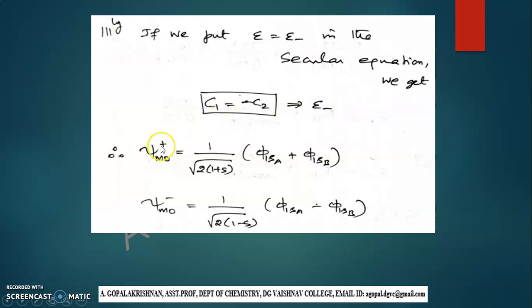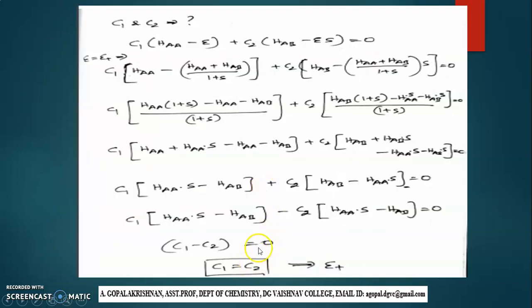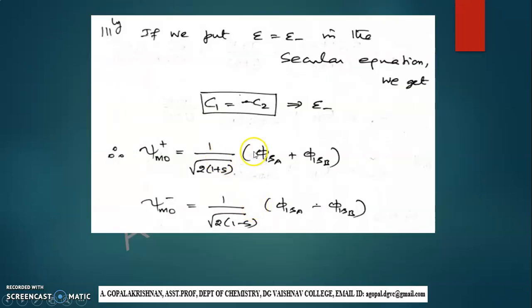Now we can write the expression for the wave function for psi plus state and minus state. So psi plus equal to, since C1 and C2 are equal, you have to put C1 here as well as C1 here and take the C1 as common. Then the wave functions should be normalized. If you normalize, you will get this result. How to normalize? In the last lecture, we discussed the method of normalizing these types of wave functions, and we get this result after normalization.